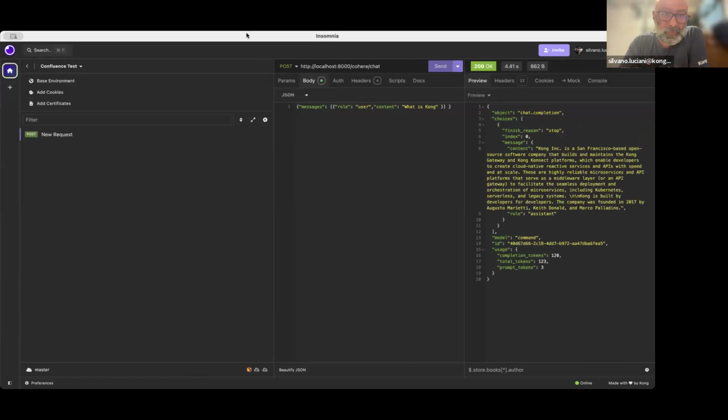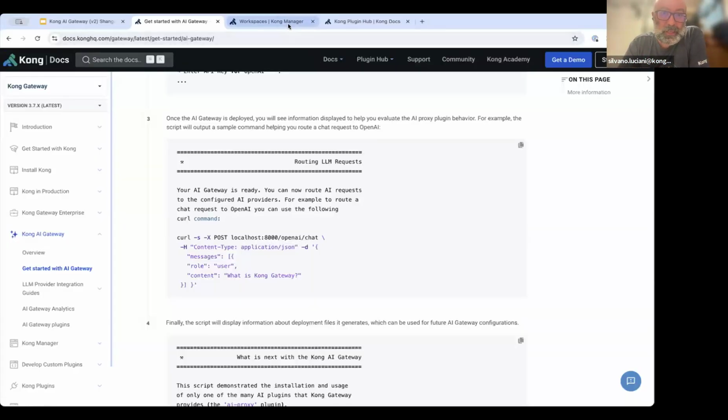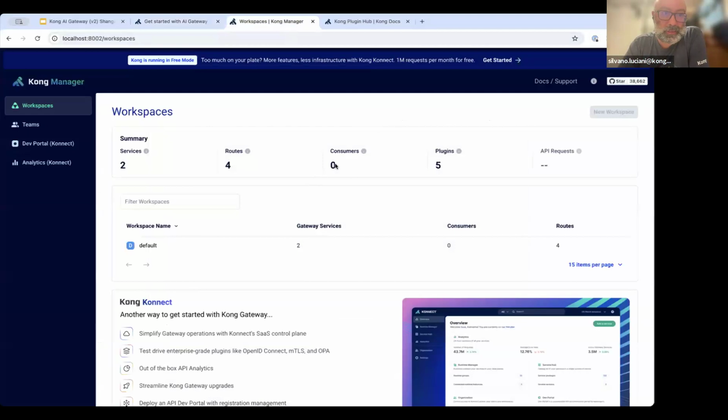So if you want to see how this works in the configuration, let me go back here, where this is the Kong manager. This is the UI for the configuration of the gateway. You can see I'm not lying to you. This is just the free one.